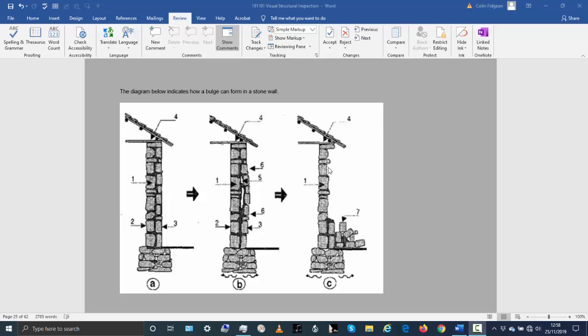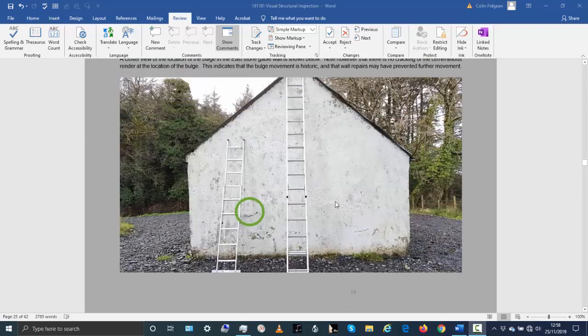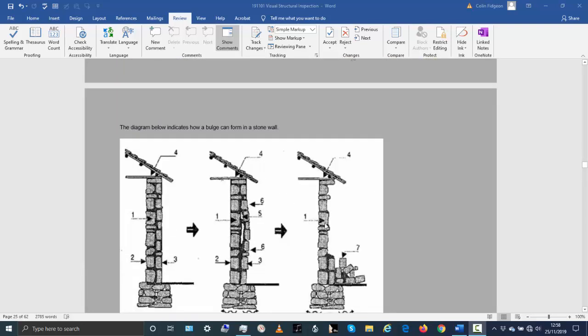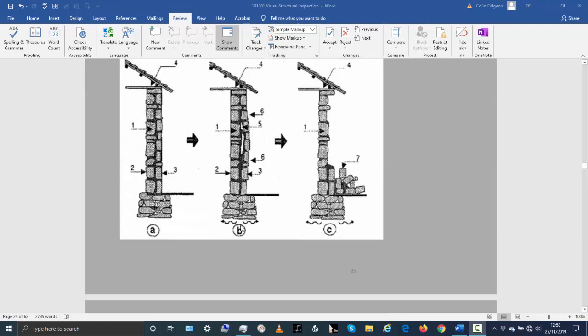I would be slightly worried in your case that a cavity has been created here, because the bulge is visible externally, but there's no bulge visible internally. So it's like this condition here where we have a bulge externally and no bulge internally. So you'd be a little bit worried that a cavity has formed here, possibly.